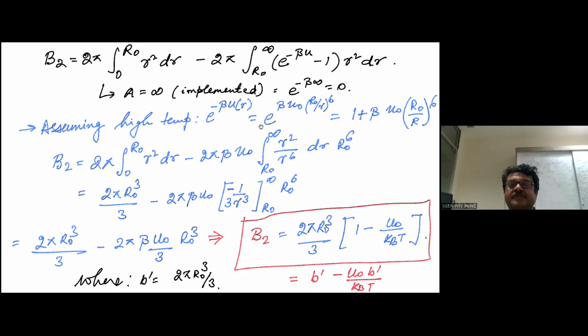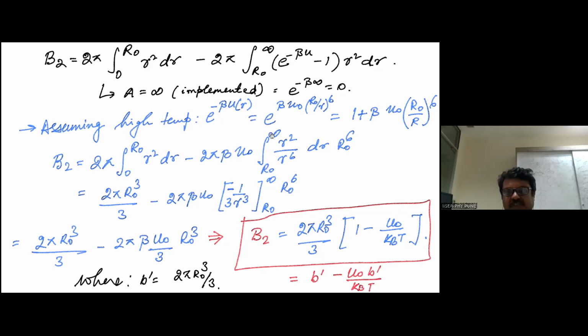And if temperatures are high, so beta is small, beta U0 is low, then one can write this as 1 plus beta U0. So what we are using, we are keeping the first term and neglecting the higher order terms of the exponential. And now it is much easier to calculate B2: it is 2 pi integral 0 to R0 of R squared dr. And if you integrate it, you will get 2 pi R0 cubed by 3. And here, if you substitute beta U0, I've kept it here, 2 pi is sitting here, and all that you have is